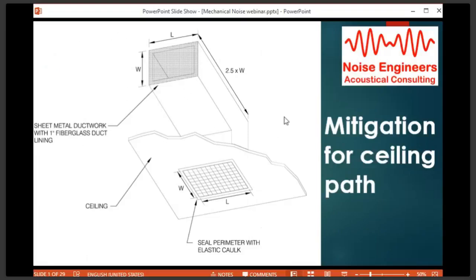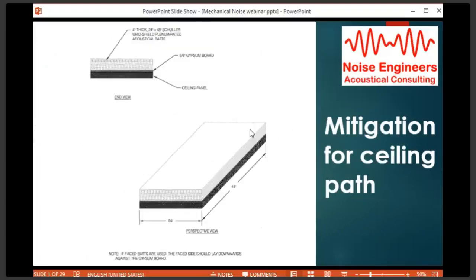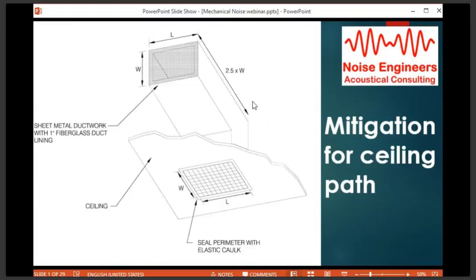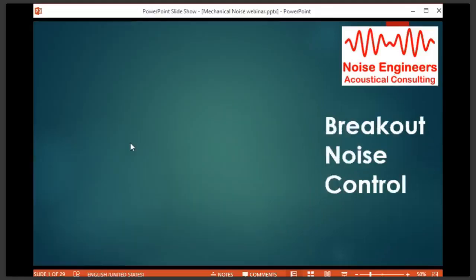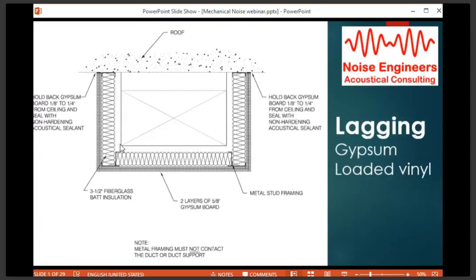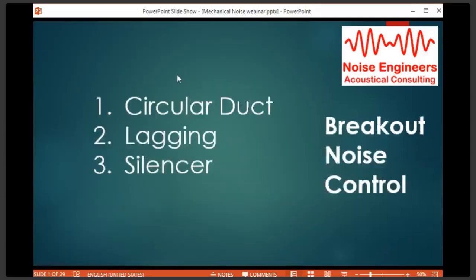You can even add chip and fiberglass to the ceiling to improve its transmission loss, and to that opening. Like I said, noise works a lot like air and water. So if you beef up these ceiling tiles but leave an opening, it's not as helpful. You can even treat the light fixtures. So, breakout noise: you can use circular duct, which keeps the noise in and doesn't let it break out,